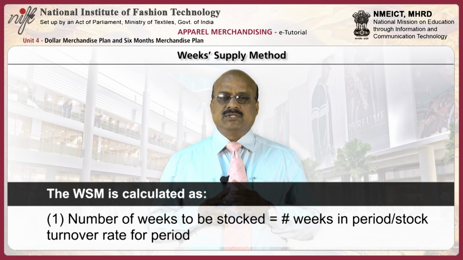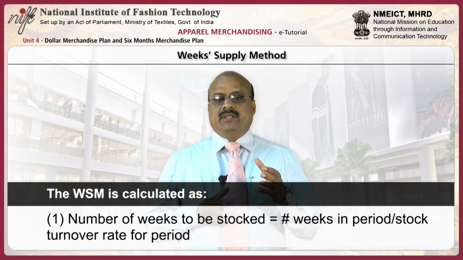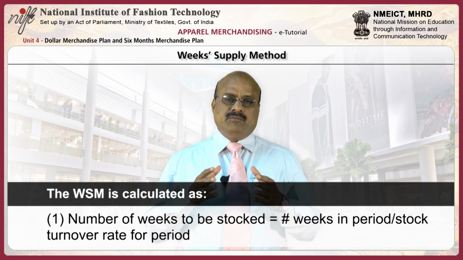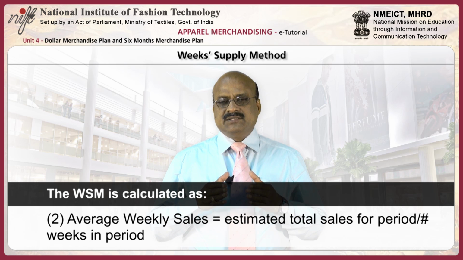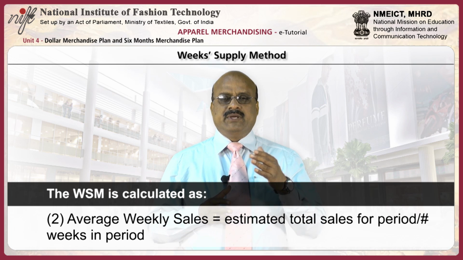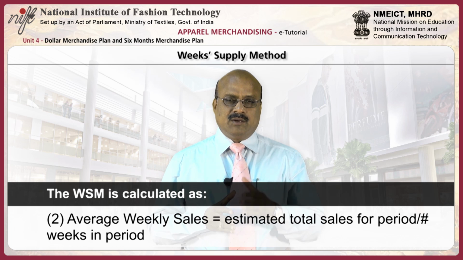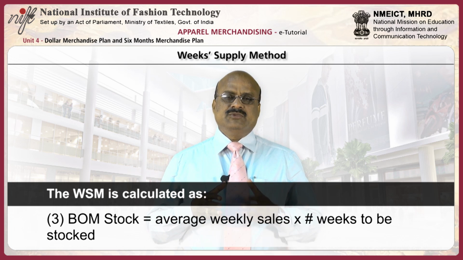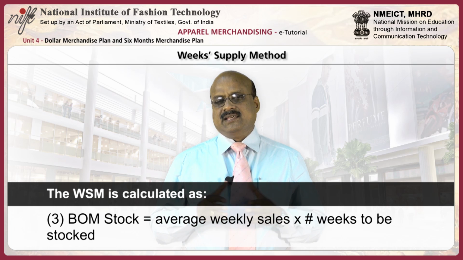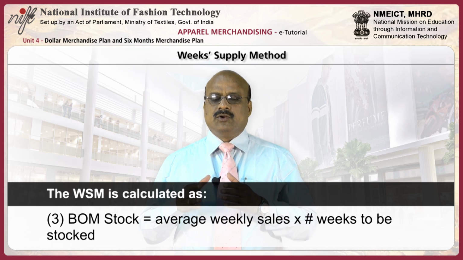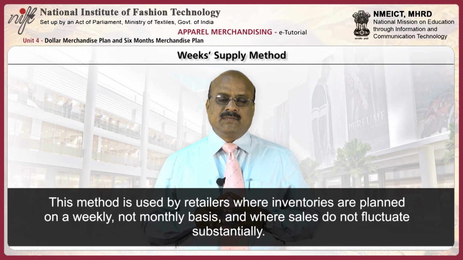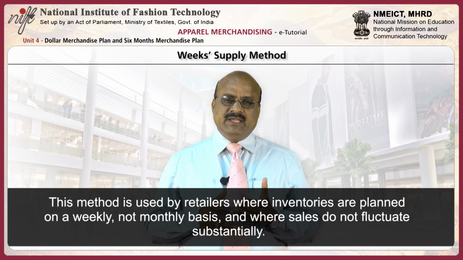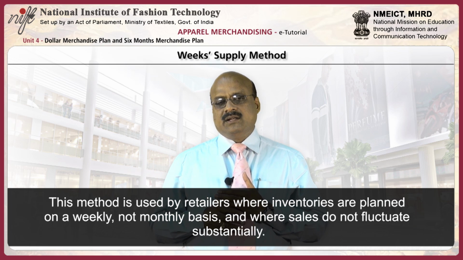Number of weeks to be stocked is equal to the weeks in period upon stock turnover rate for the period. Average weekly sales is equal to estimated total sales for the period upon number of weeks in period. BOM stock is equal to average weekly sales multiplied by number of weeks to be stocked. This method is used by retailers where the inventories are planned on a weekly, not monthly basis, and where sales